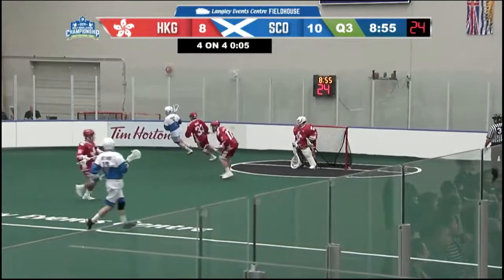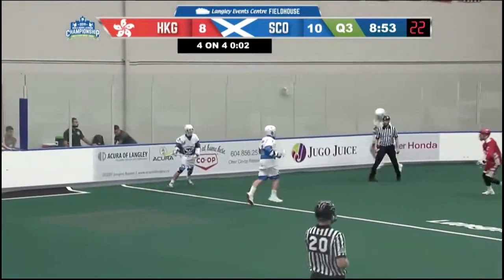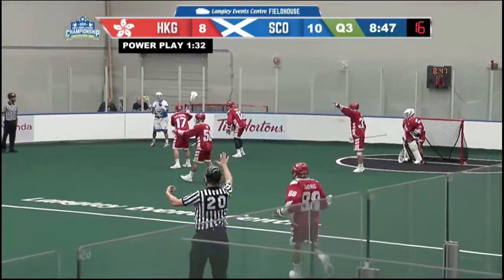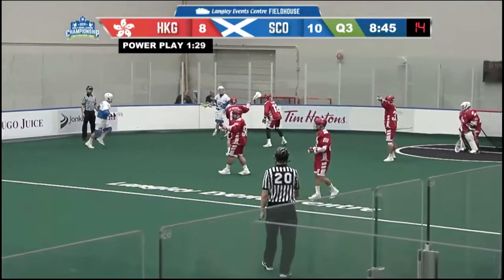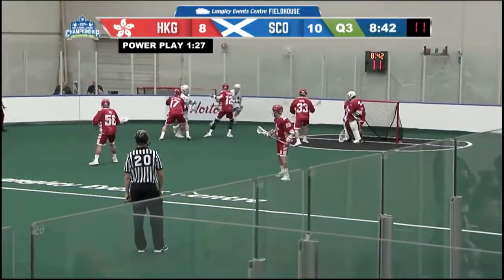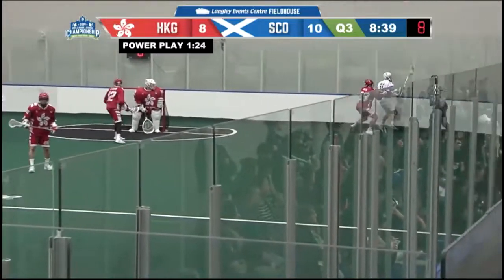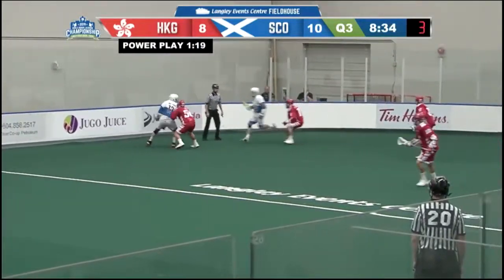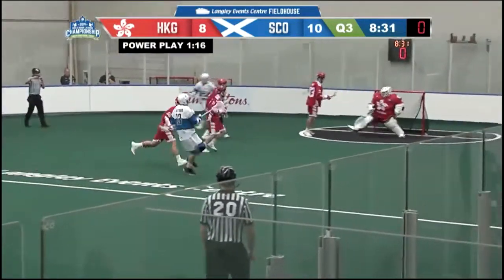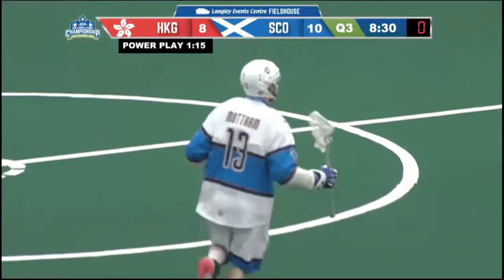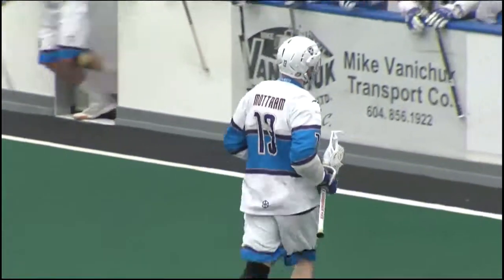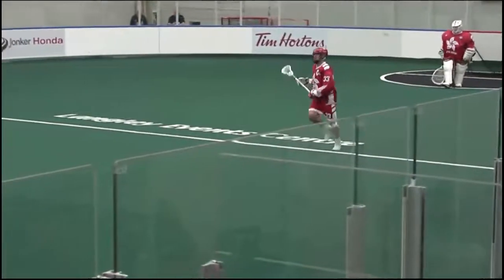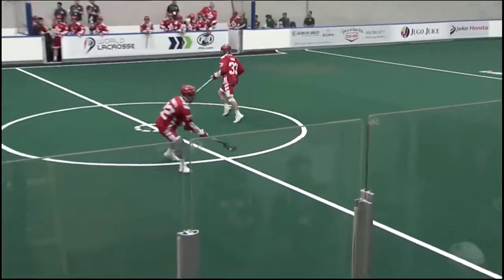Scotland getting deep on the individual effort there of Neil Gordon. Has to hand off along the left boards as now Scotland shorthanded but has possession deep in Hong Kong territory. Barkley being pushed around behind the goal, but still has possession. Now a shot and a goal there at the buzzer. No, it's being waved off. Two officials deep. They confer, and Mottram beat the goaltender, but not the clock.